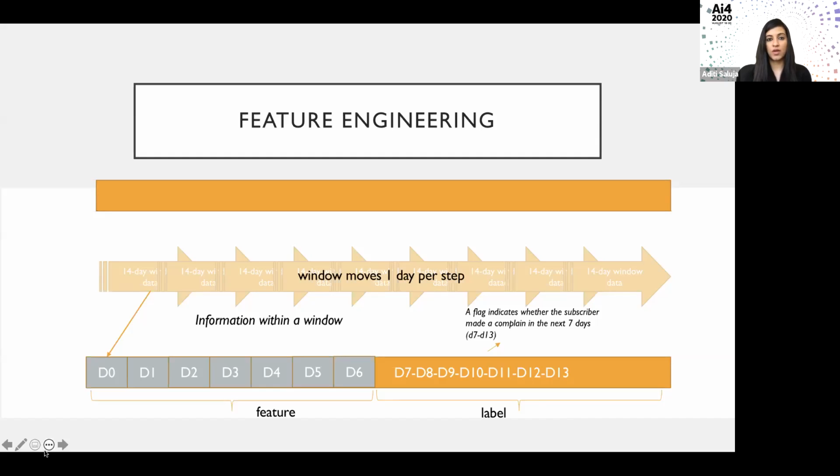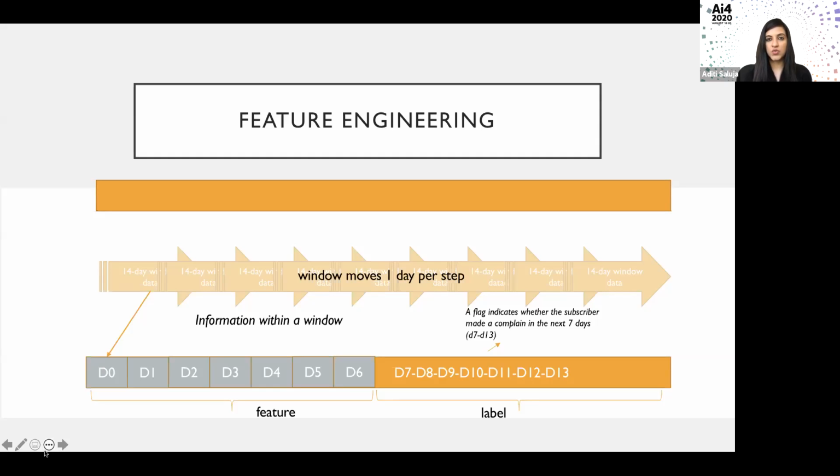The customer is not going to wait for 1 month or 2 months to file a complaint if there is any network related issue. So that's the reason why I'm looking at the first 7 days, trying to understand the behavior of the customer, training my model for the first 7 days, and then making a prediction if a customer is going to call in the next 7 days or not.